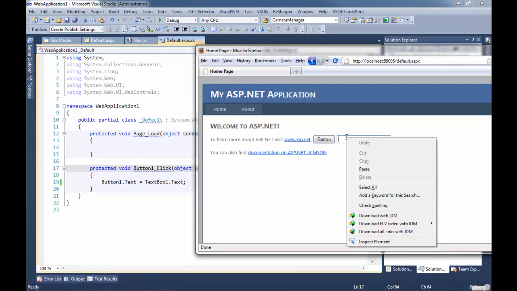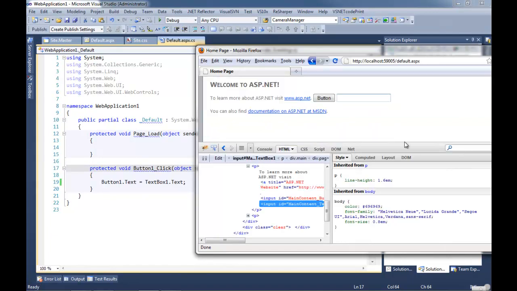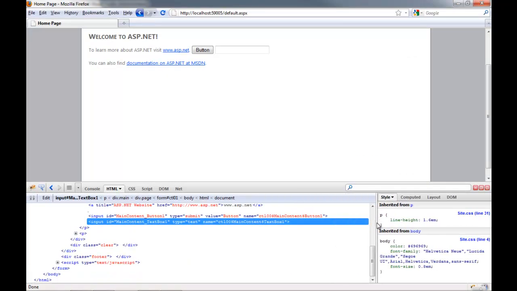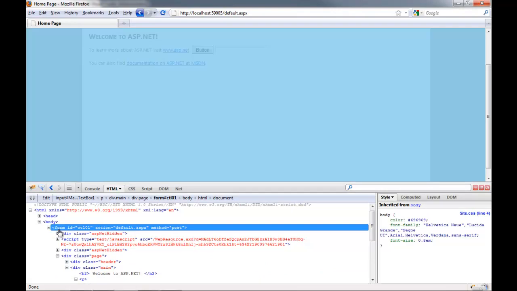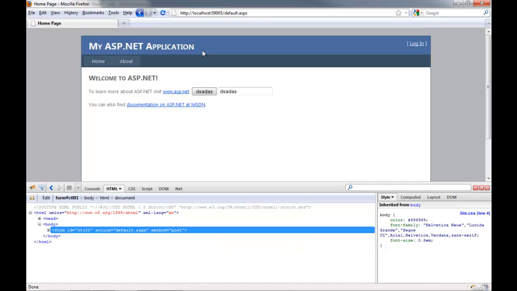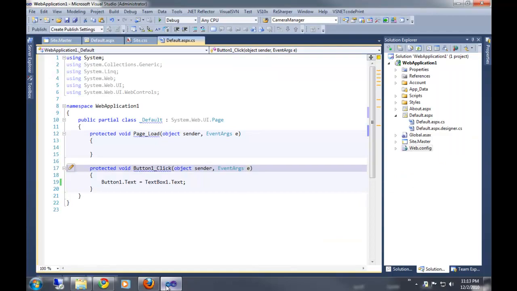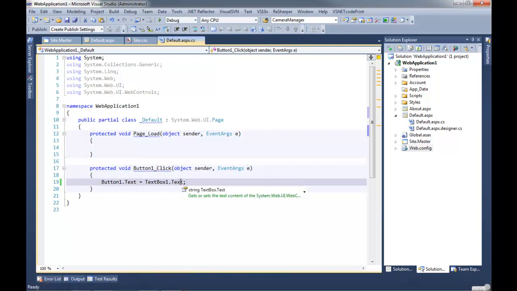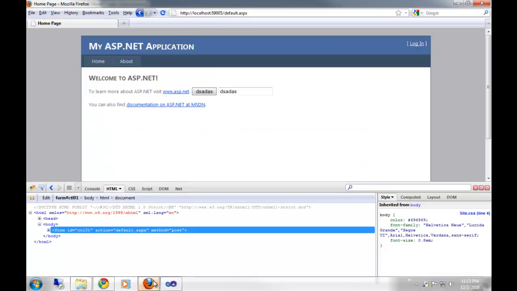What is happening when I hit this button? And I can show you with Firebug. I'll full screen this. What is happening when I hit this button is this button is wrapped inside of a form. And this form sends post data to the server. And when I hit this, it sends an entire new request to the server with the instructions, call this event handler. And how do I know what textbox1.text is unless the browser tells me? Well, it does in the most terrible way.